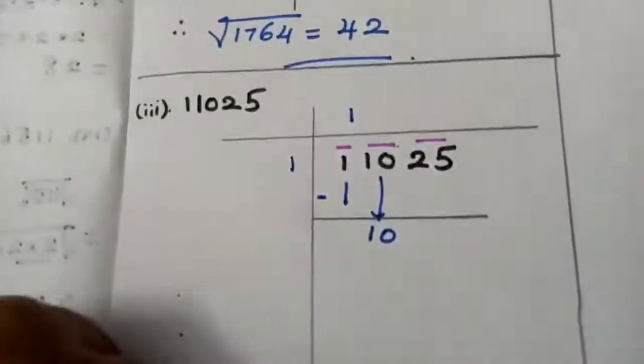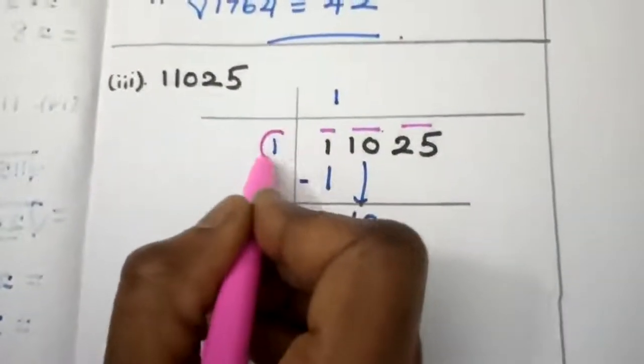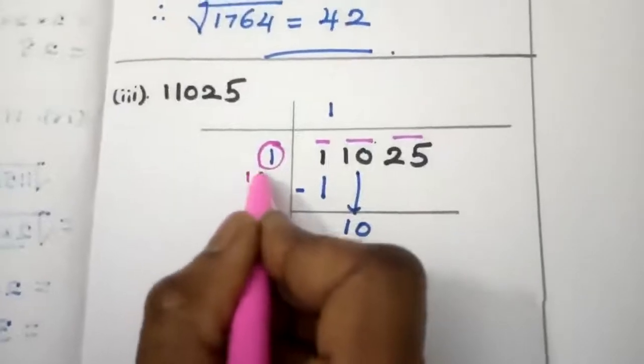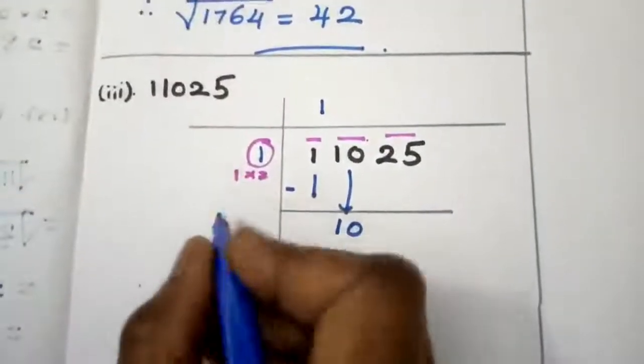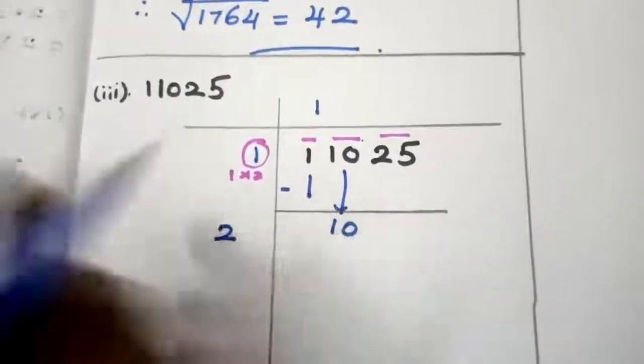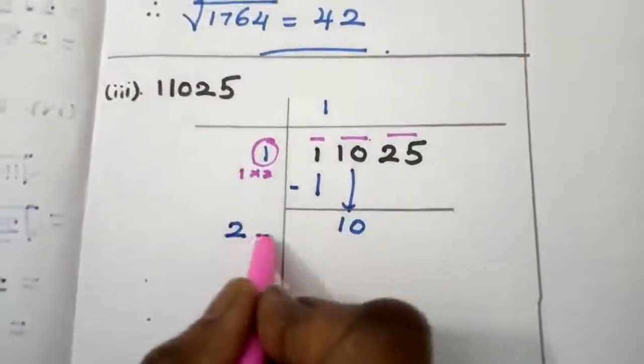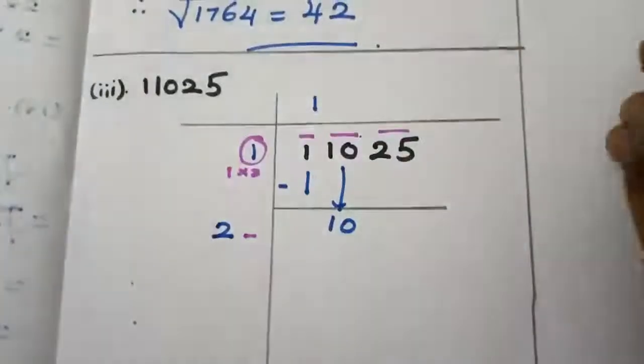Next, what I am going to do is go for the side. What I told you, circle this number. Whatever number I am getting, I am going to multiply by 2. So here I am going to write it as 2. I am leaving a space here, students. Now just see here,